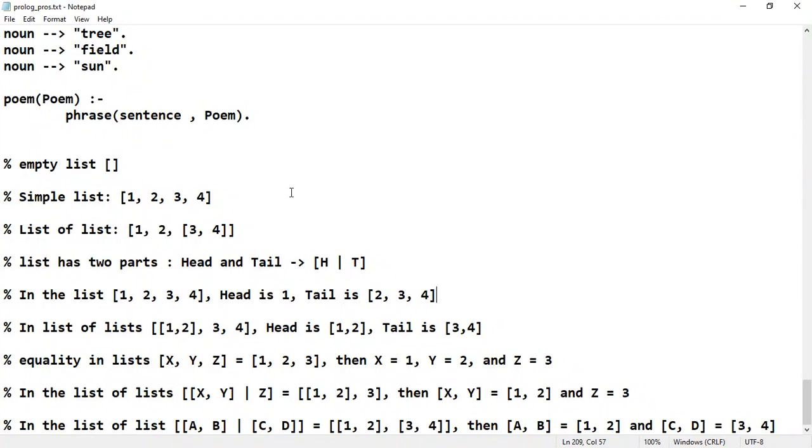Here: empty list, simple list, list of lists, how to choose the head and tail. These list operations were also provided here. Your task is just to copy and paste it and see the result, and try to do your own exercises. Anyhow, I have provided one material, a Prolog tutorial, in the lecture materials. Download it and go through it once, answer the tutorial questions, create your own programs of your choice, try them on the online compiler and see the result.